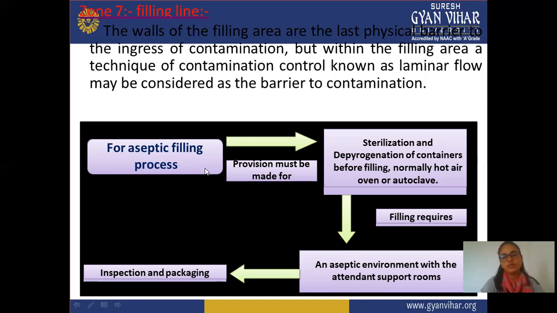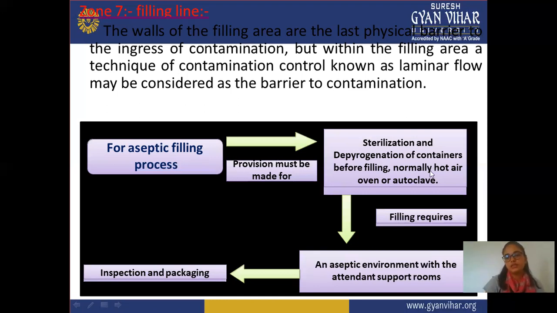Means the wall of the filling line, or zone 7, is completely free from microbes, or it is maintained as a sterile area, or the wall has a particular physical barrier and fewer chances of contamination, and some laminar airflow and other filters are also connected in this zone 7, so there are fewer chances of contamination and the microbes present are reduced. And this is properly an aseptic area.